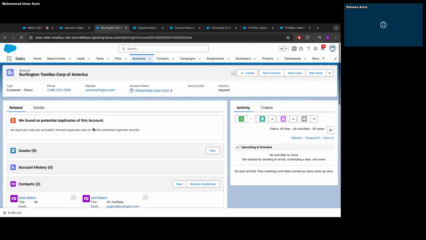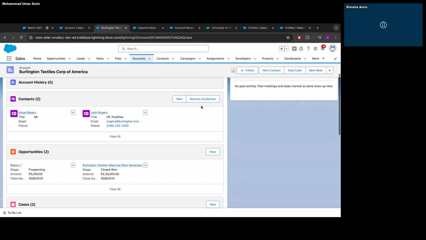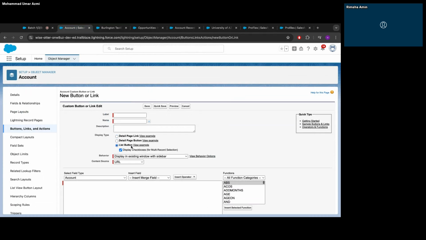For example, if I'm working on any account and then going on the contact, I'll have to provide a button that will redirect you somewhere. I can do it using this list button option, which is always on the related list of a particular object. Again, on the contact, before that I wanted to have a particular link to a file or something. So what I'll do is